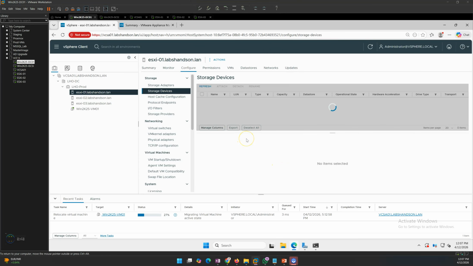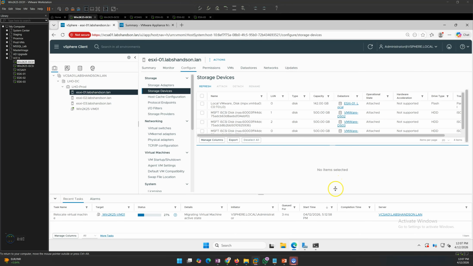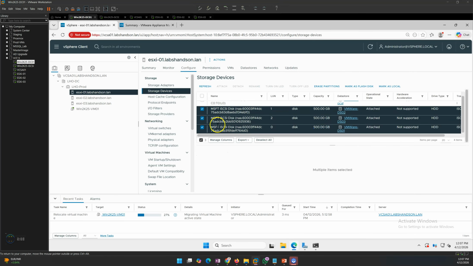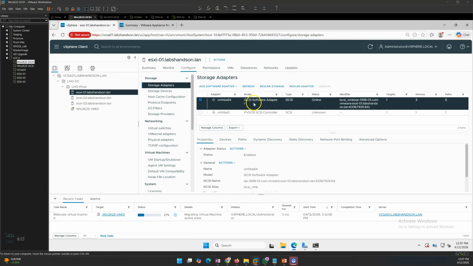So in storage devices you should be able to see all the storage. These are the three storage which I have, and capacity is showing 100, basically 500 gig. So now what I'll do, I'll go to storage adapter and I'll select this iSCSI storage and rescan adapter, and then